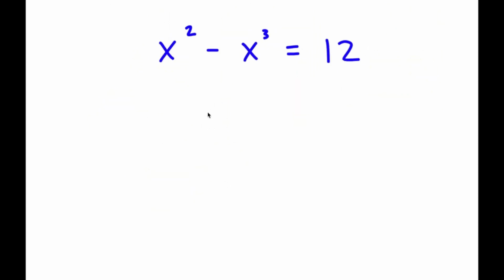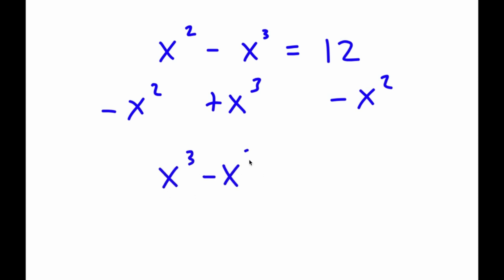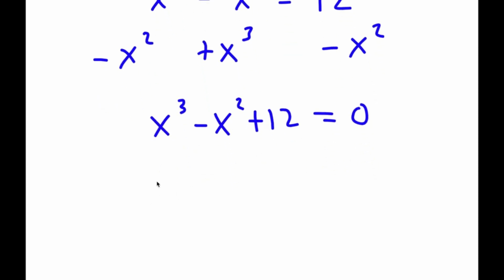Alright, so in this problem, I have x to the power of 2 minus x to the power of 3 is equal to 12. So what I'm first going to do is start by adding x to the power of 3 and subtracting x to the power of 2 on both sides. So now I have x to the power of 3 minus x to the power of 2 plus 12 is equal to 0. Now I'm going to rewrite 12 here